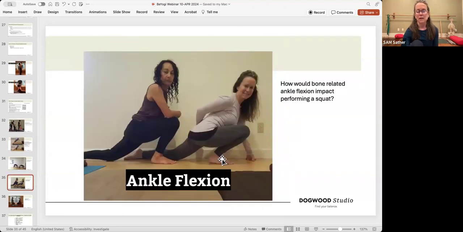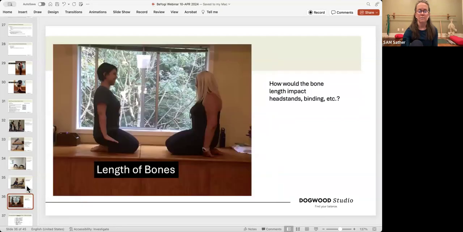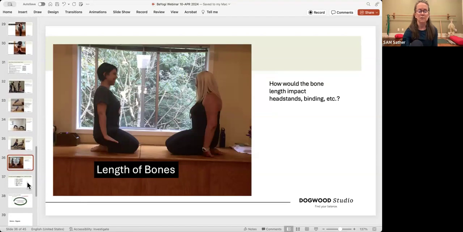This is me. I have a lot of ankle flexion, but folks that have less flexion, she's compressing right in the front of her ankle. So when she goes into a deep squat, her heels come way off the ground. And if we were to force those heels down, she could do something not great to her Achilles tendon. Look at the arm length difference. So if somebody wanted to do certain poses, that arm length difference really promotes, it's really an interesting thing.